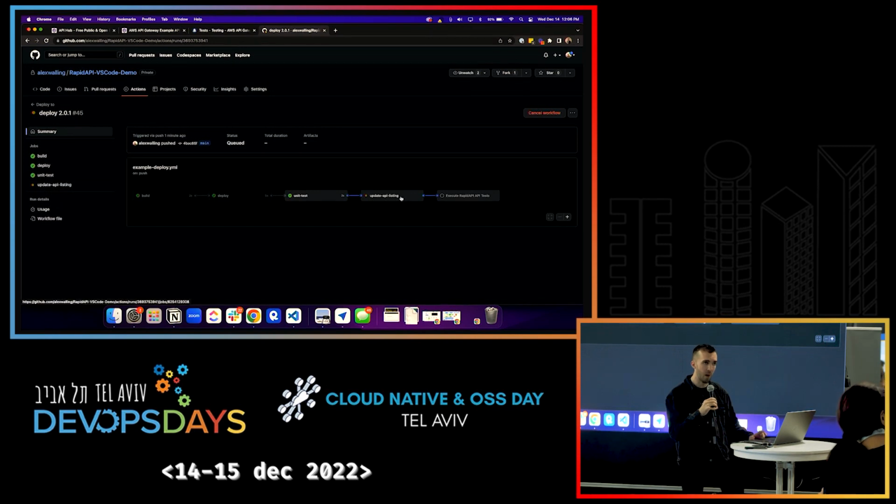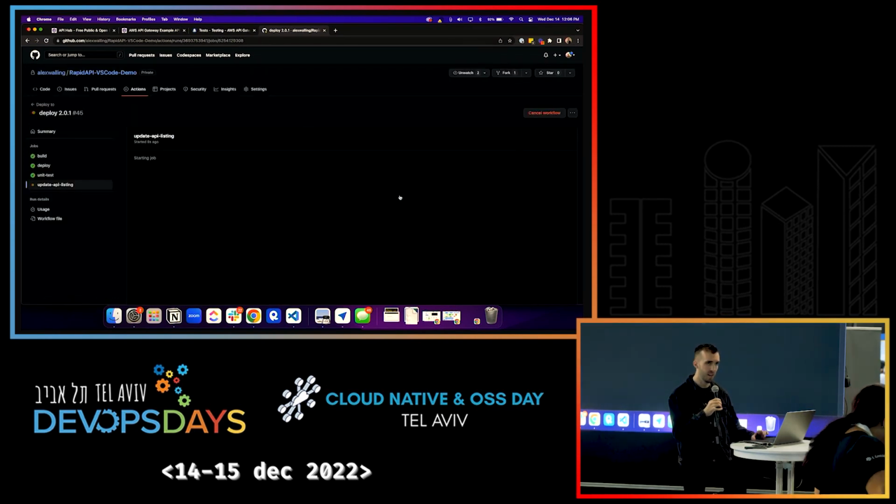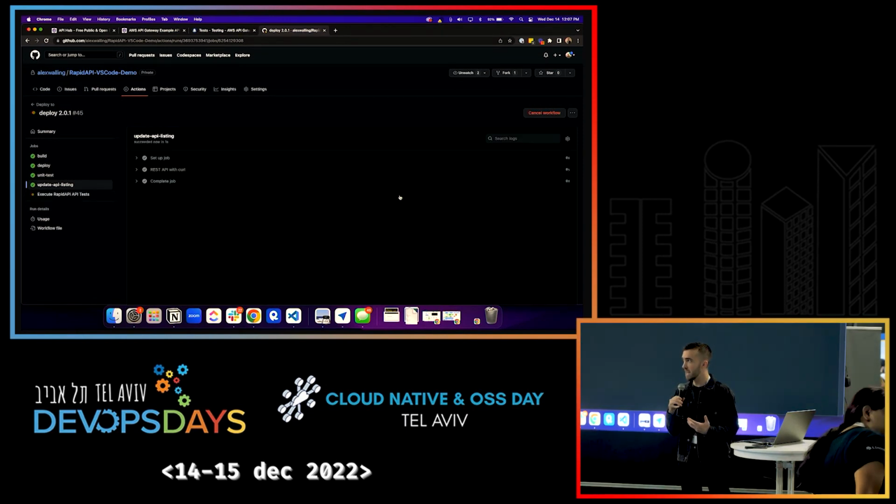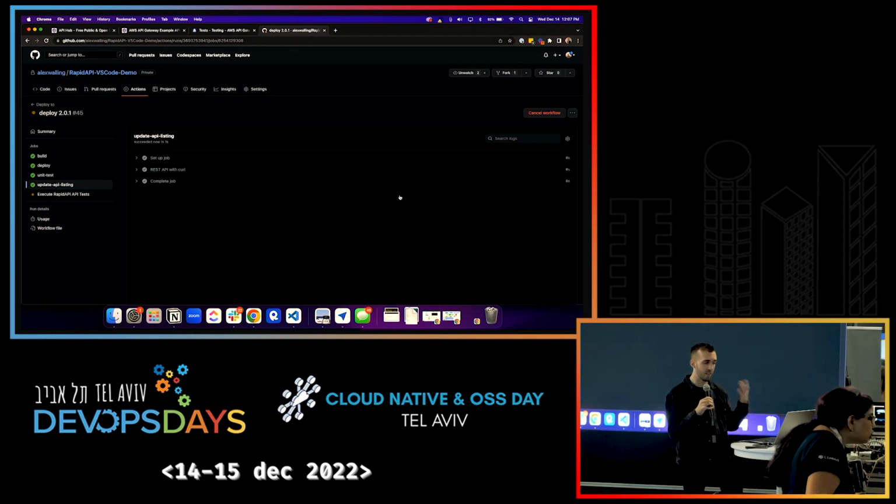And the main one where RapidAPI gets involved is when we actually update this API listing. So all it's going to do is use our platform API to publish the API spec that we have available, keeping everything in sync, the back end, the front end, and your consuming developers.